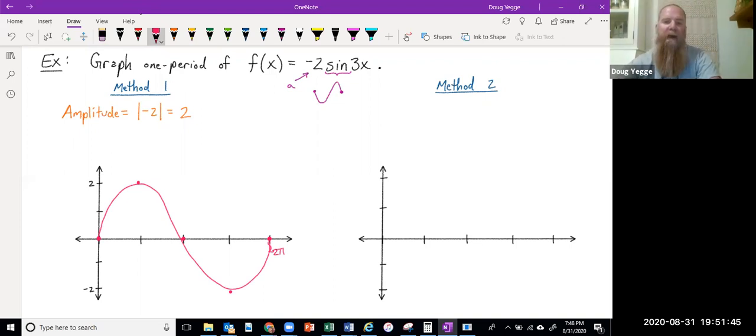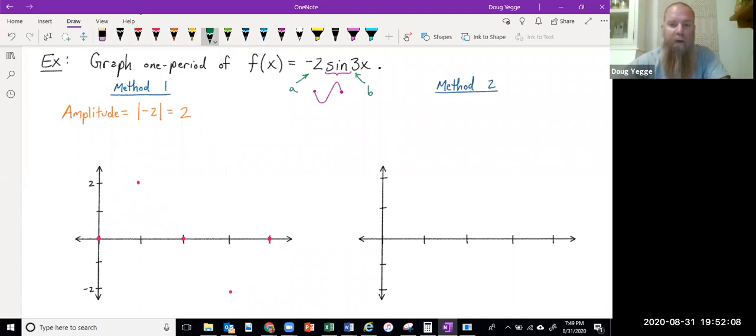But because of the fact that this here, which is referred to as b, the coefficient of x, is going to cause that period to not go from 0 to 2 pi, it's going to start from 0 and go to somewhere else now. So there's 2 methods to determine this, and the first method is to physically find out what that period is. So the period could be found by